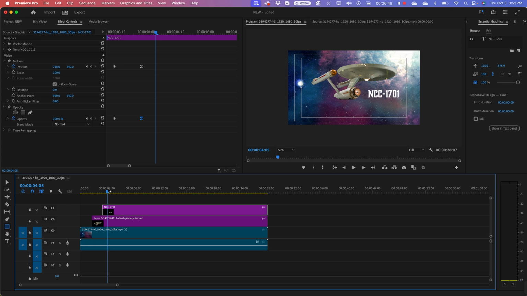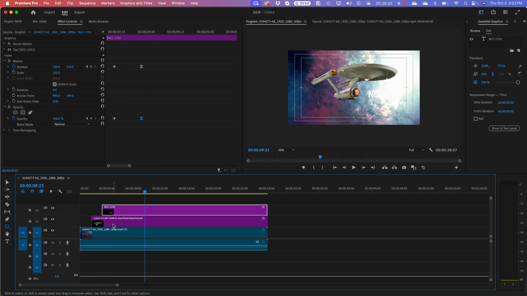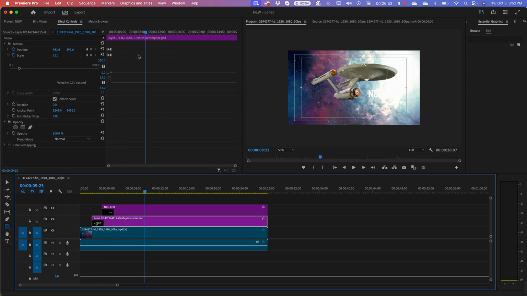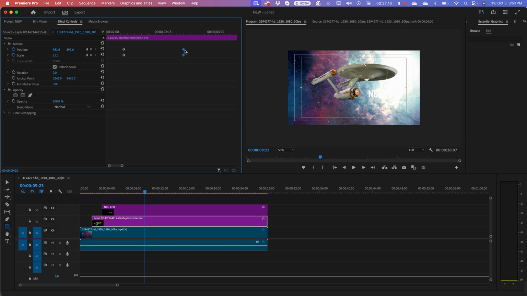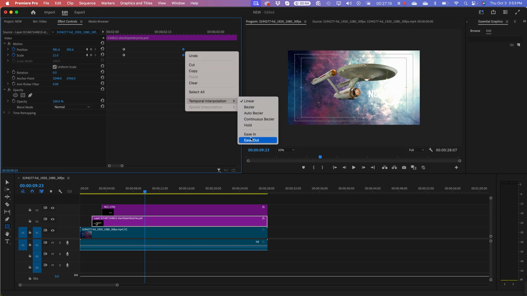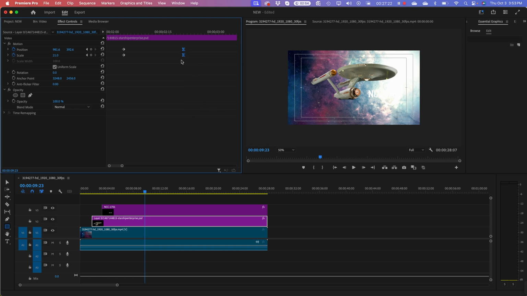So now, and that was actually, let's do it to a ship. The ship is going to be an easier thing to see. So I want to zoom into this line. Slide over here. So it's actually position and scale here that I actually want to ease into on the spaceship. And I can select them both at the same time and ease into those points. So they both change. So now if I play that across,